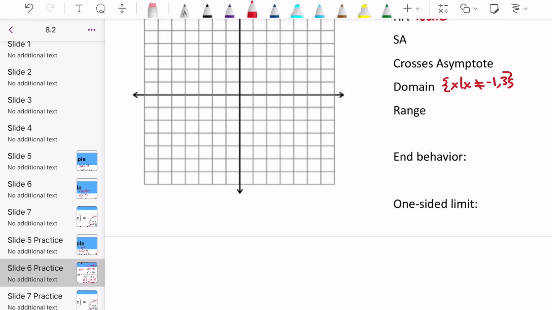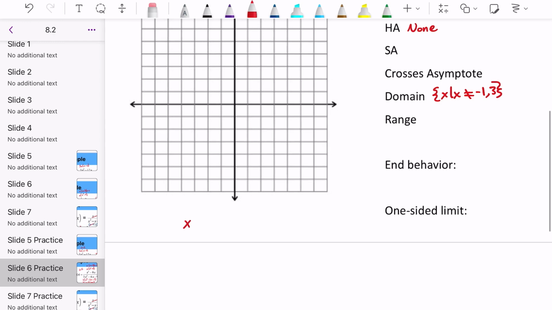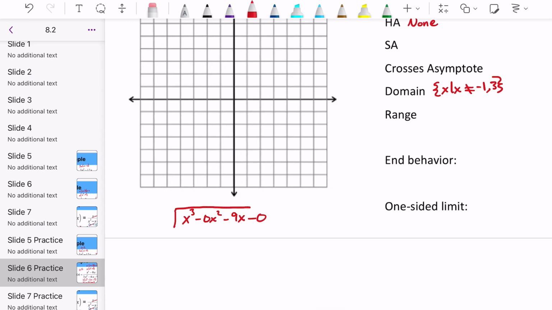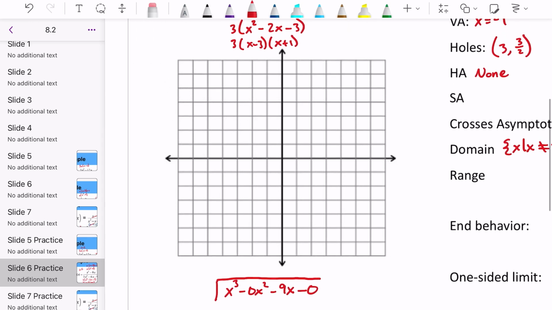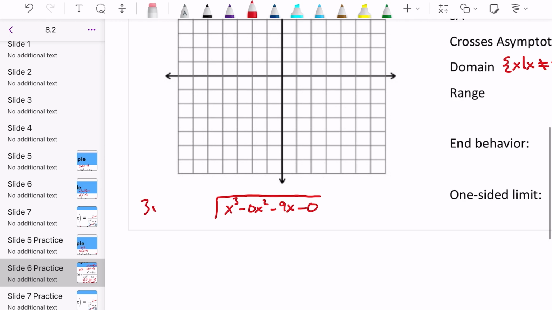So we would go ahead and divide x to the third minus 0x squared minus 9x minus 0, and that will be divided by 3x squared minus 6x